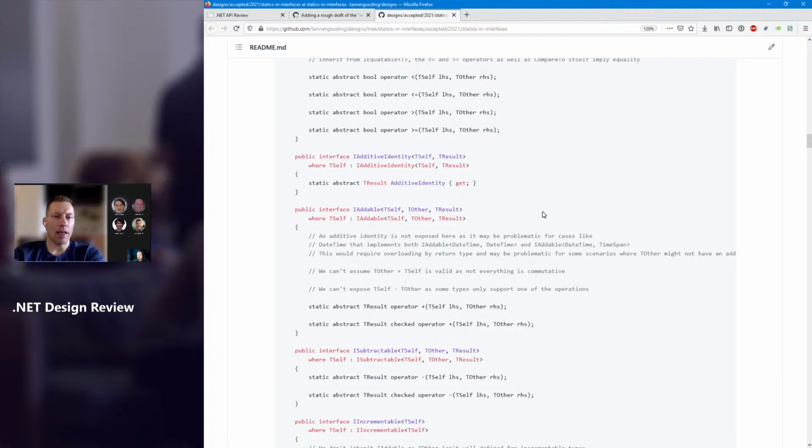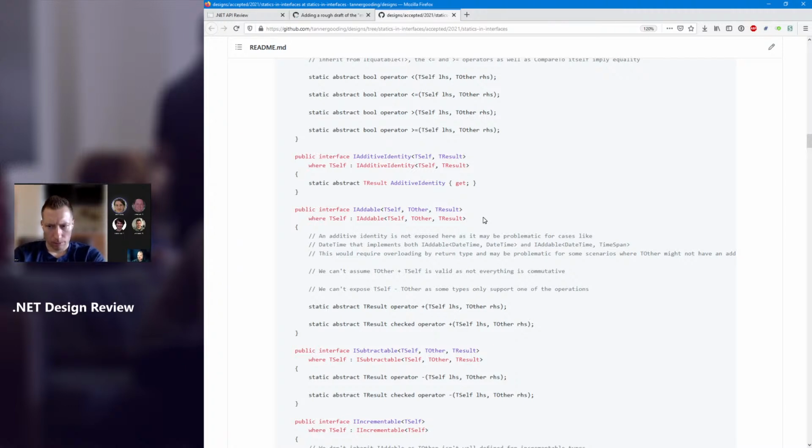Gotcha. But basically, I think that's logically why you can't have it on IAddable, because basically you would implement IAdditiveIdentity for multiple types potentially, or just one, but you don't know which side. Right, and so the only correct thing you could do there is TOther,